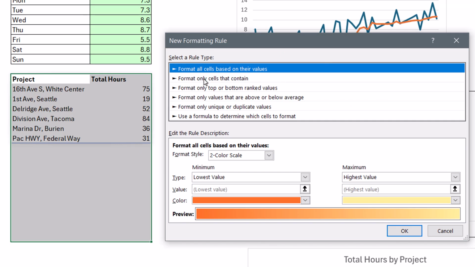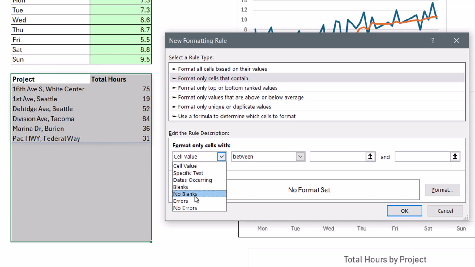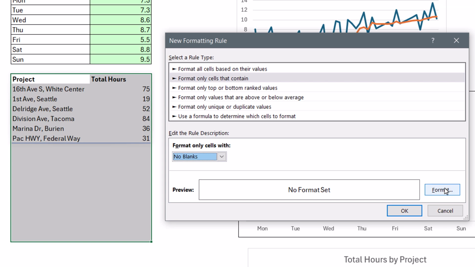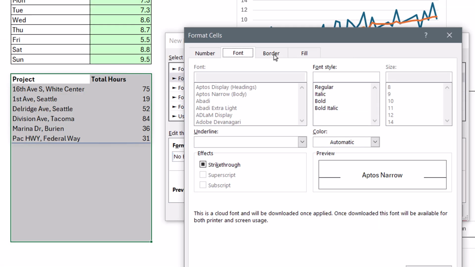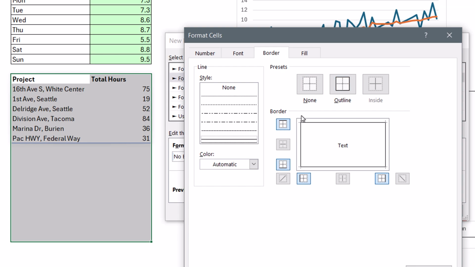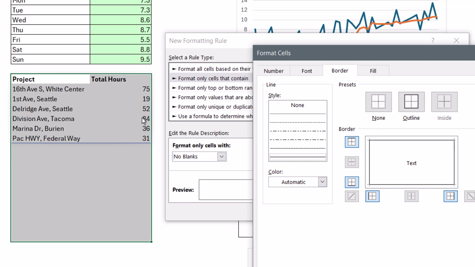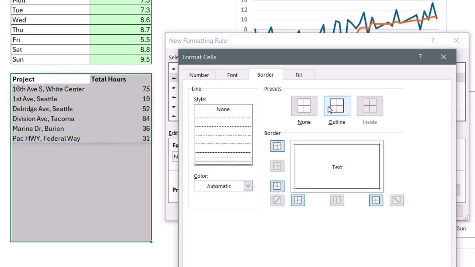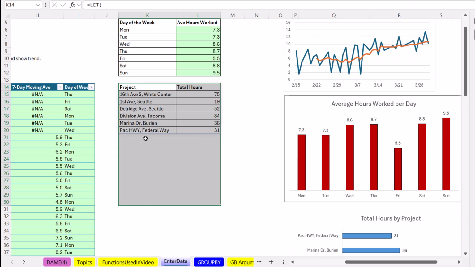And there is a built-in feature. So this one is format only cells that contain no blanks. Then you can format it however you'd like. You can use all 4 tabs. I'm just adding border for now. And because conditional formatting applies to every single individual cell, the rule applies to each cell. That's why we're just doing outline. Click OK, click OK. And when we add data in just a moment, we'll see, or hopefully we'll see, that